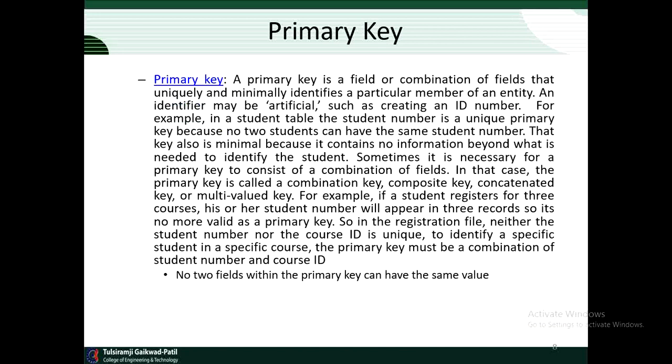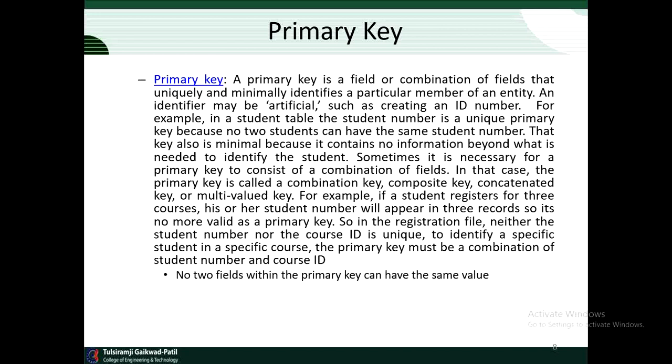So first we will see what primary key means. A primary key is a field or combination of fields that uniquely and minimally identifies a particular member of an entity. An identifier may be artificial, such as creating an ID number. For example, in a student table, the student number is a unique primary key because no two students can have